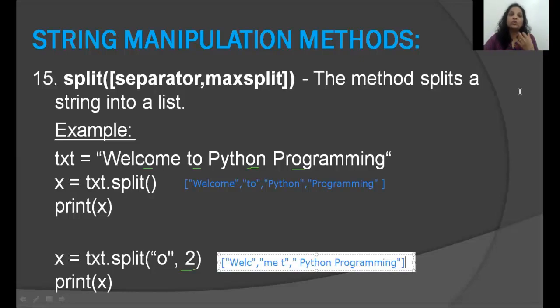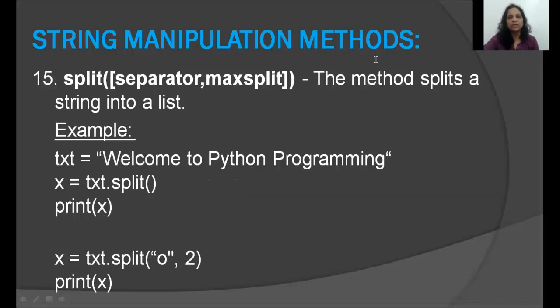And normally, you know where to use a split function: whenever they give you a string and you want to look at the string word by word. Normally we don't generally split with other alphabets, because can you see the split term is missing? So what's the use of the string without the O? But with a space, I want to look at the words one at a time and do some calculations. I could be making use of the split function. Clear? Okay. Now let's go ahead with the next function.